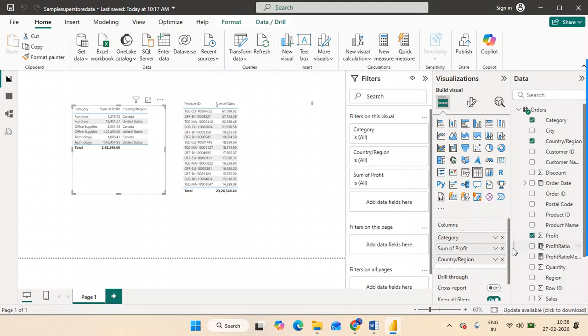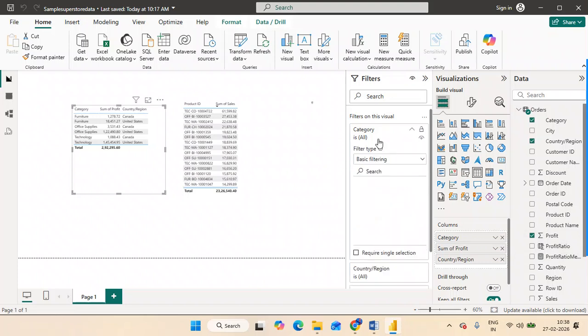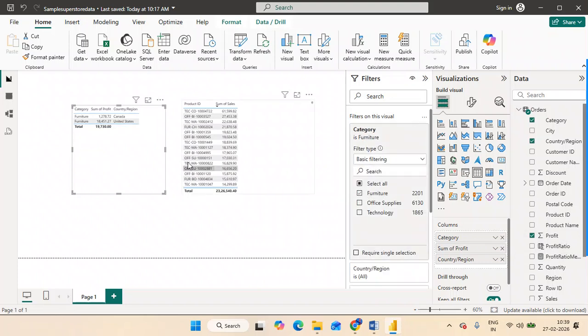I am applying this category filter, selecting furniture. Now the whole value is going to be calculated only at the furniture level. Let's say if you select office supply, then the measure is going to be calculated for that.